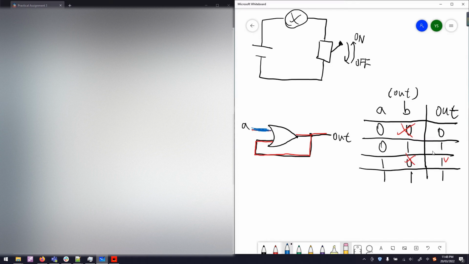There is a problem. Regardless of the input A, whatever value it is, it gets stuck in this state. Whether A is 0 or 1, it always outputs 1. This is stateful, but it can only transfer from the 0 state to the 1 state. So to solve this problem,